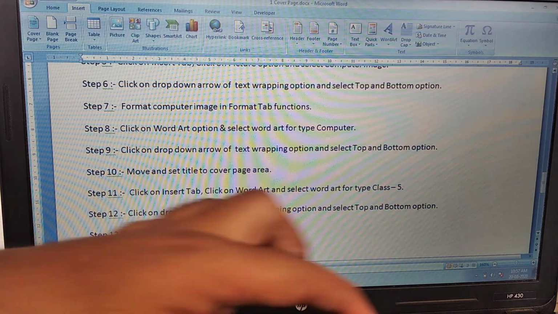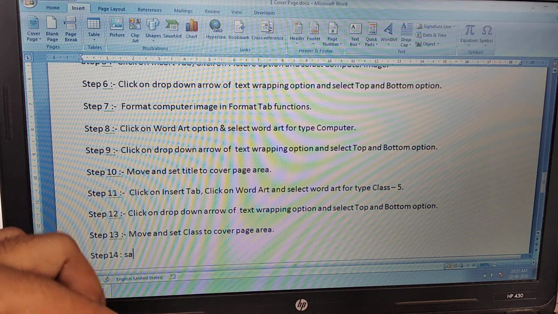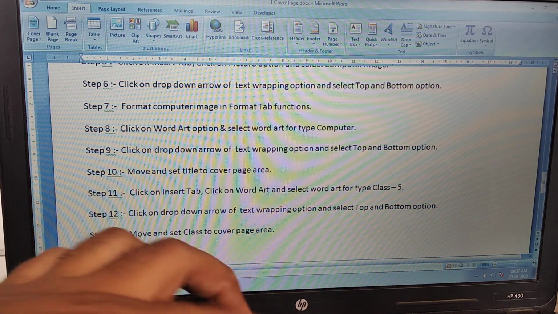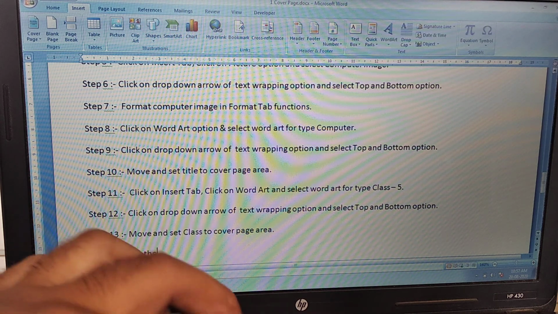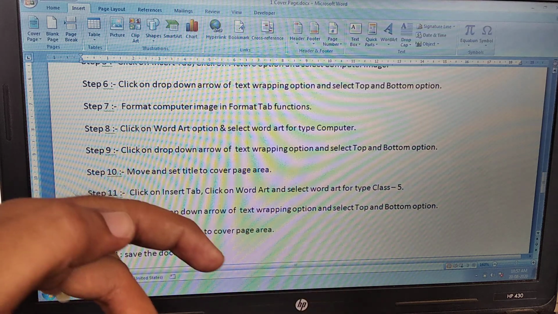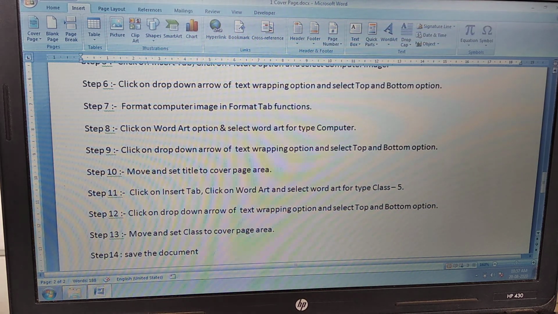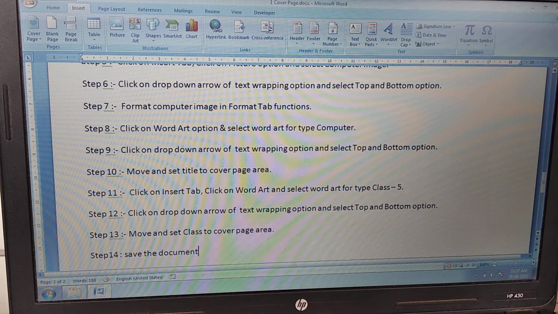What will be inside step number 14? Save the document. This is step number 14, because without saving the document, your document will not be saved inside your computer.